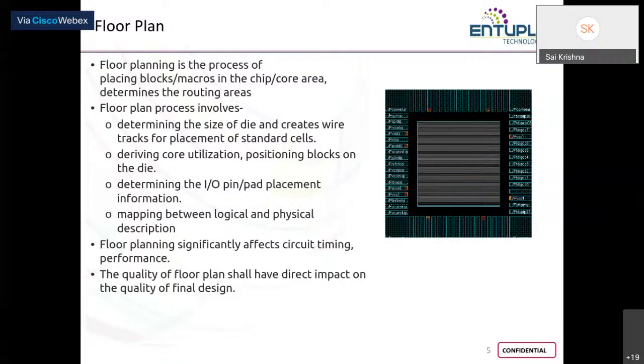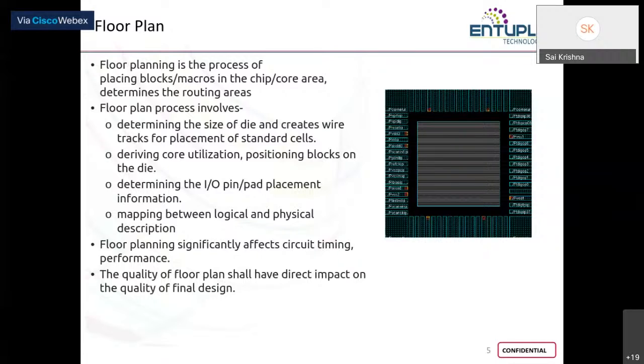So yesterday we have already talked about setup and hold, and as I told you, setup slack is required time minus arrival time. So here arrival time is nothing but the propagation delay, right? So higher the routing length, higher is the wire delay, and because of that propagation delay also increases. That means your setup slack might go towards zero or negative. Okay, so floor plan is important